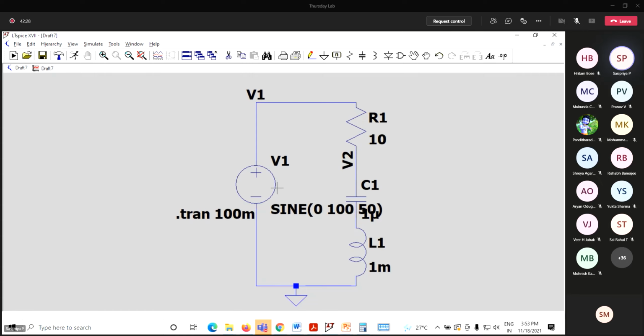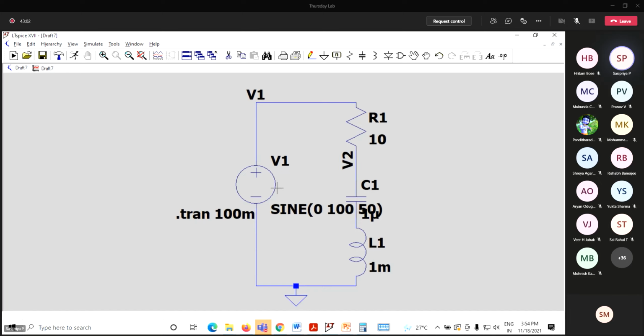As far as the magnitude is concerned, if it is opposite, there is a negative sign. As far as the phasor is concerned, if they are opposite, how much will be the phasor difference? 180°. Instead of the positive axis, it will be in the negative axis. So if the actual current is 45, in my simulation I will be getting 45 minus 180, that is minus 135. That's the reason I of V1 is not aligned with I of R1.